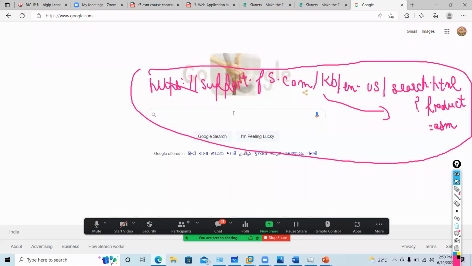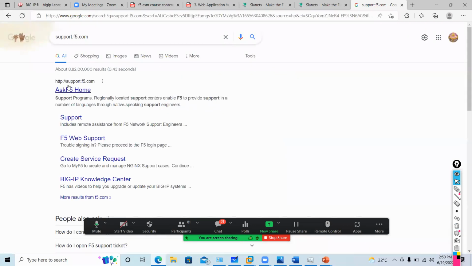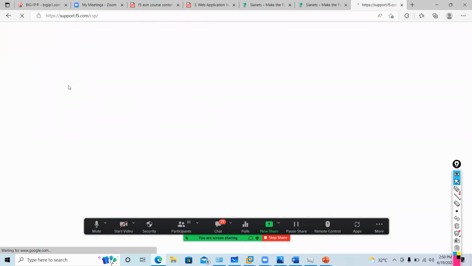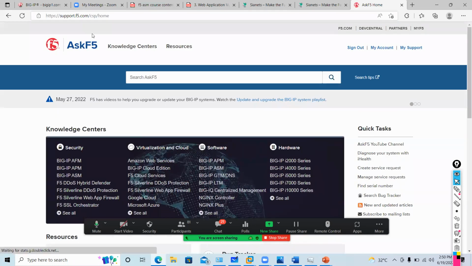When you go here, you will enter support.f5.com. This is the website where you will get all KB articles, knowledge base articles. So just see how, when I select ASM related documents, this URL is right now this one. Now I will enter F5 ASM.